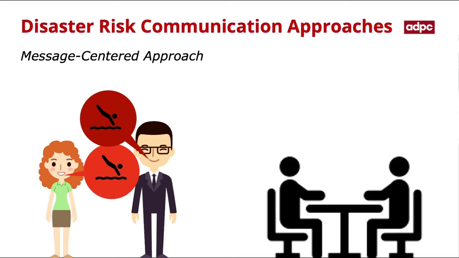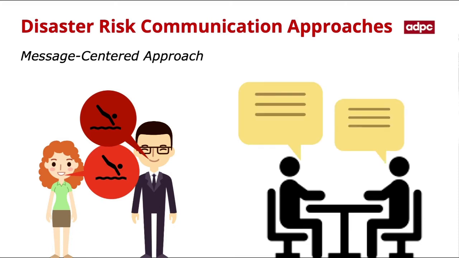2, observers collect and contemplate information from multiple sources, some credible, some highly biased, and discuss the information with family, friends, and neighbors. This leads to a variety of opinions, which ultimately increases understanding of risk and accounts for the complexity of the risk communication process. More information on this approach can be found in the article entitled Introducing a Message-Centered Approach to Risk Communication. The link to this article can be found in the reference tab of this lesson.